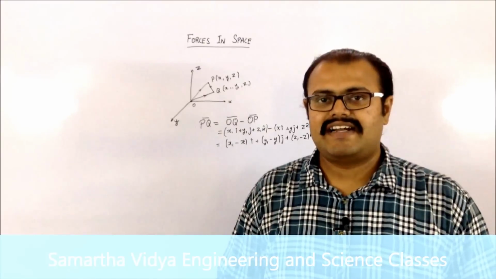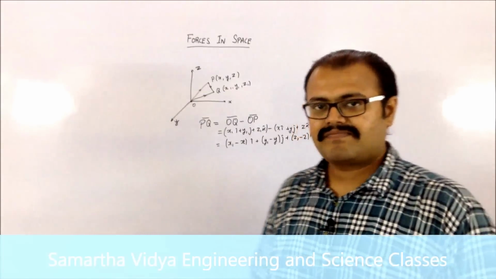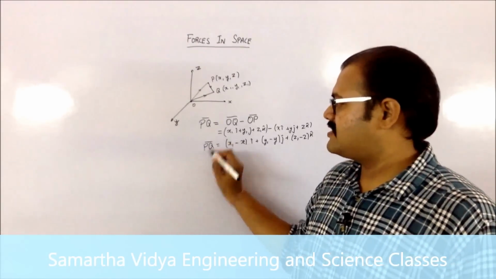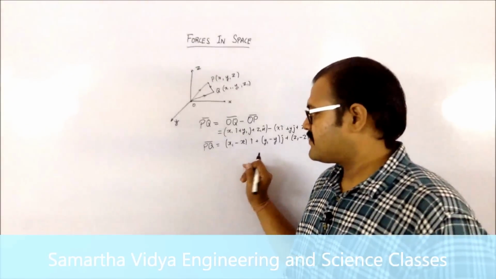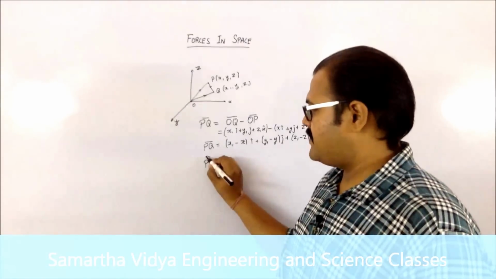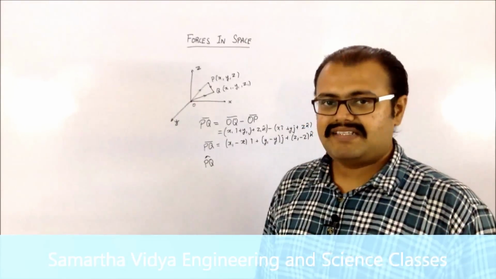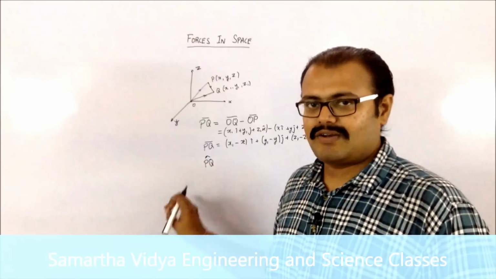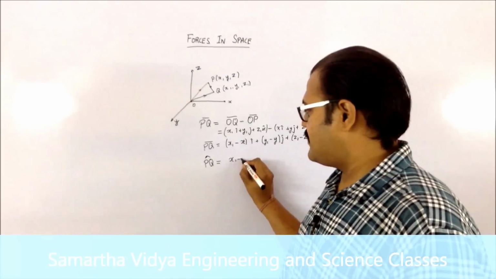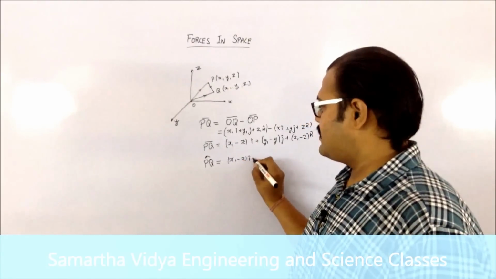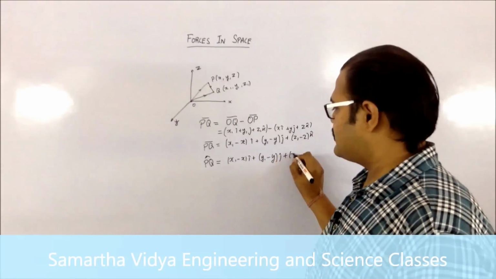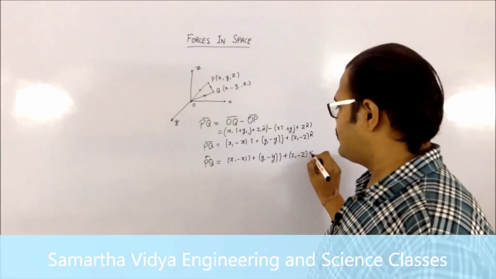Now let us understand how to represent a unit vector. Now taking this same example, I want to denote what would be the unit vector along my PQ. So my unit vector along my PQ can be given by PQ cap. So the cap basically means that I want to find a unit vector along this line. Now my PQ cap will be nothing but (x1 minus x)i plus (y1 minus y)j plus (z1 minus z)k,